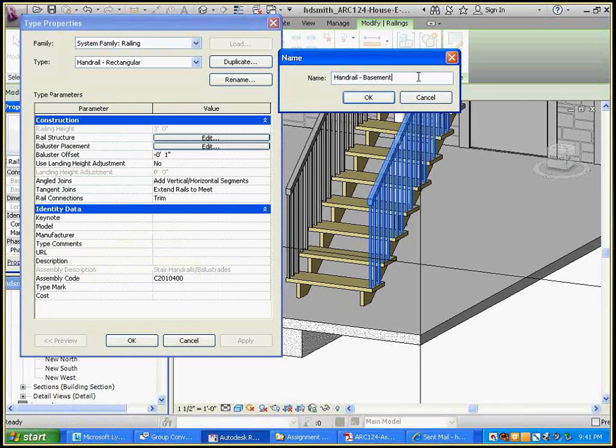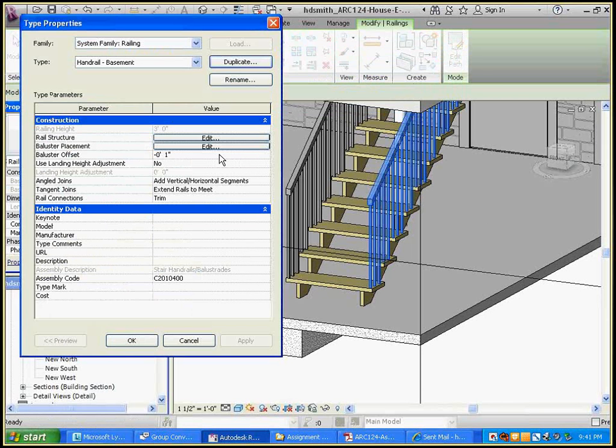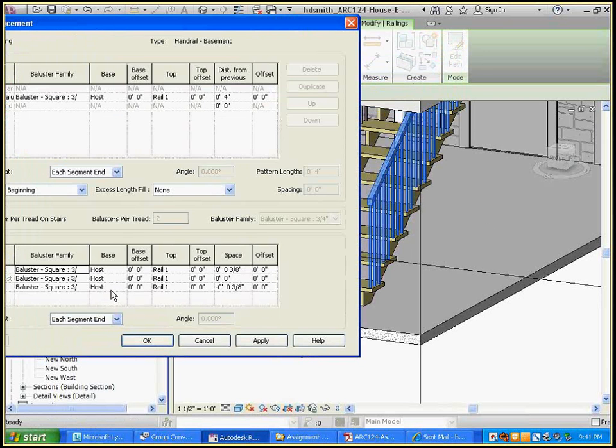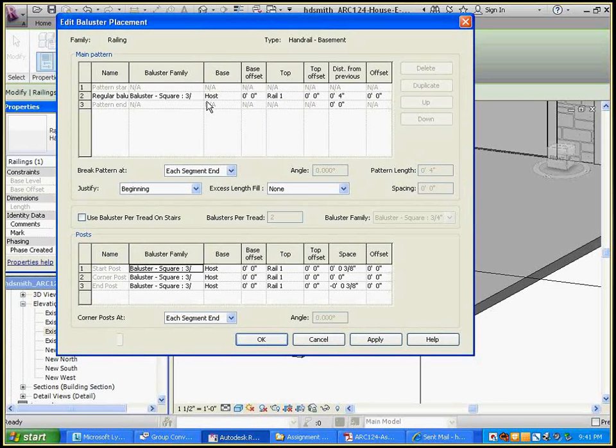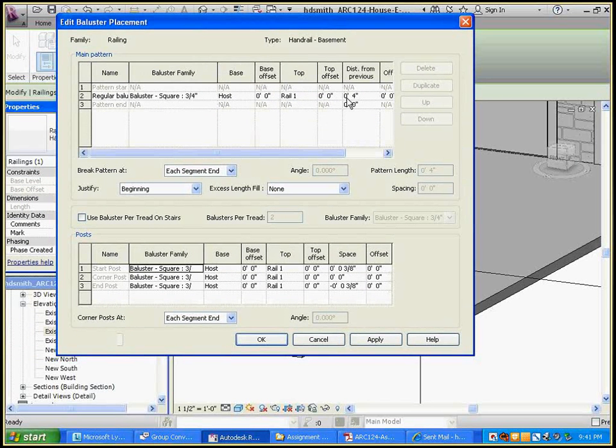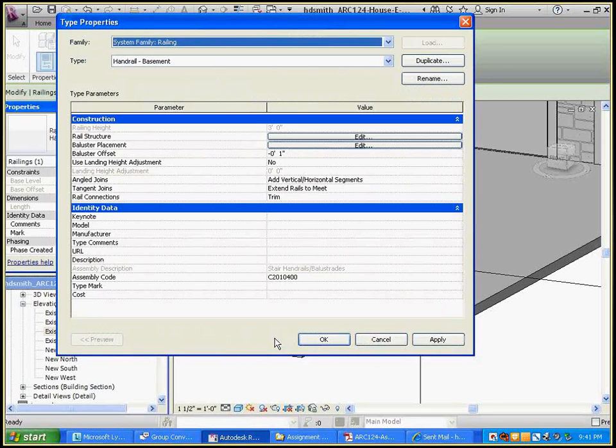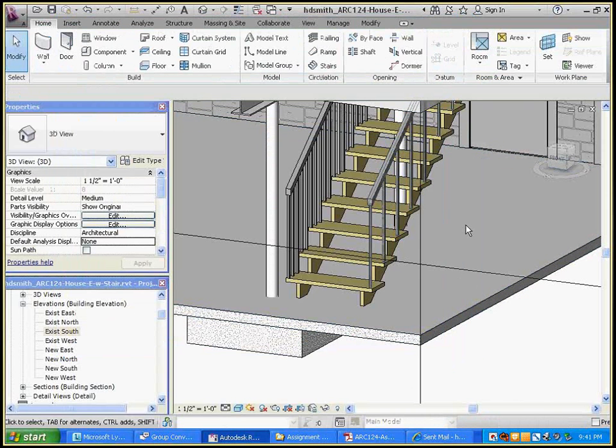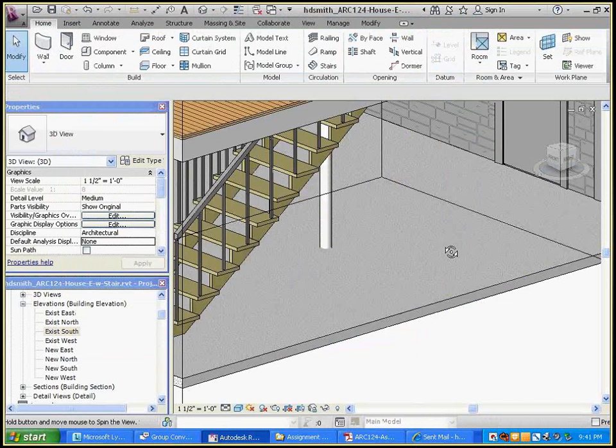This is a non-code compliant thing. Now this gets really tricky, but I'll just do it very quickly. Baluster placement. Instead of every... where's the spacing? 4 inches from previous. I'm going to space them at 1 foot apart. So now that's probably more like what you're going to see going down to the basement in one of these